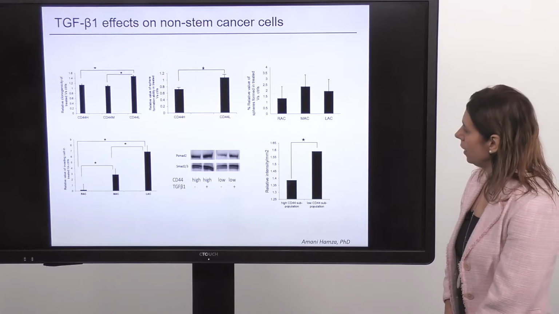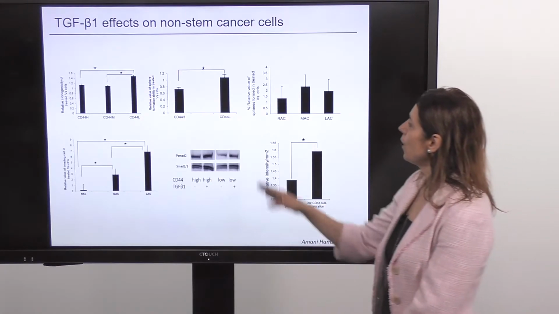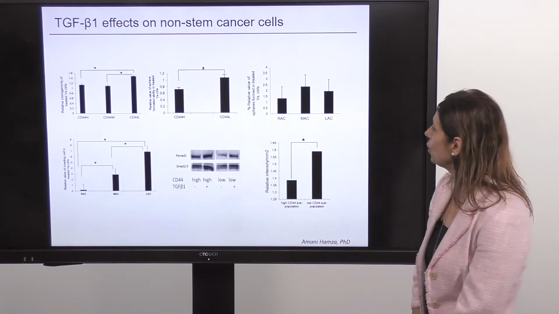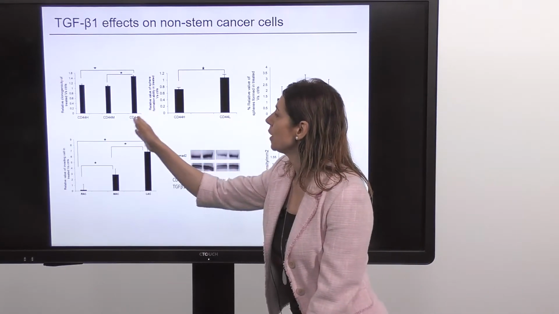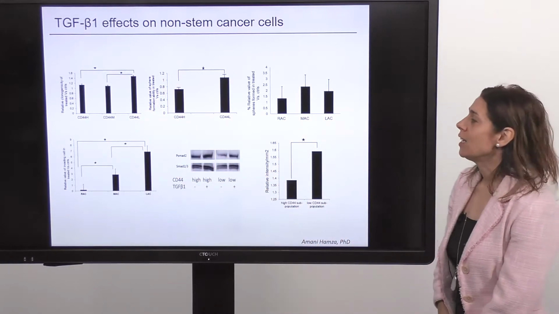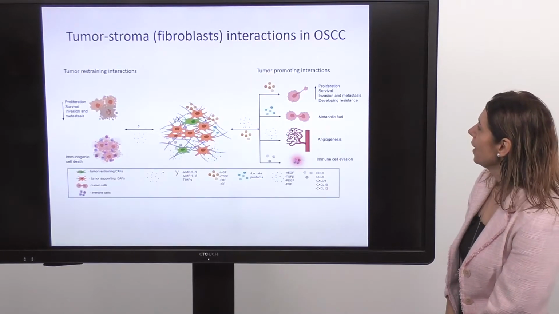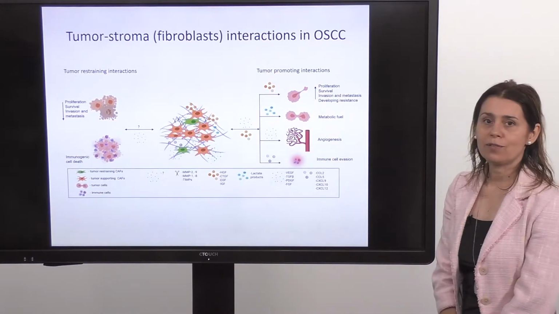Of interest, she also investigated the TGF-beta receptors and their activation, and it looked like there is a difference in the way these receptors are expressed between the more differentiated cell type and the more stem-like tumor. So this has been some piece of evidence for the increase in survival that